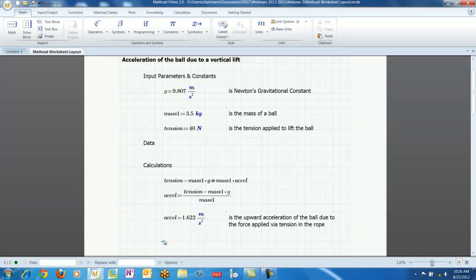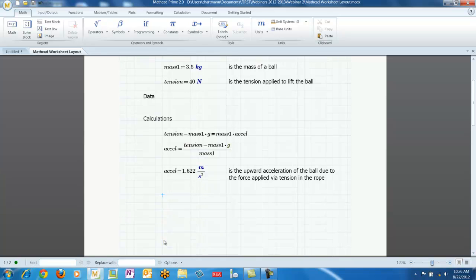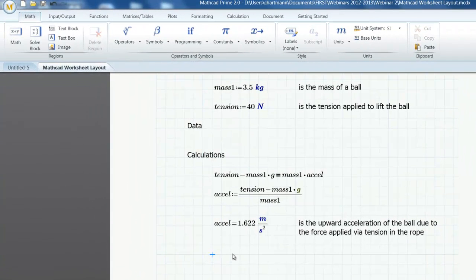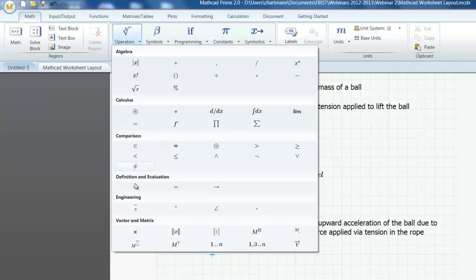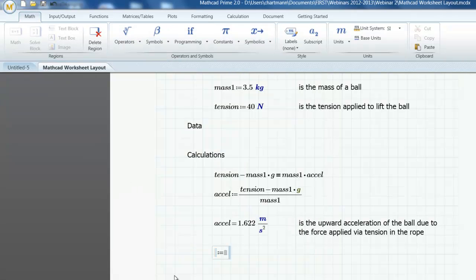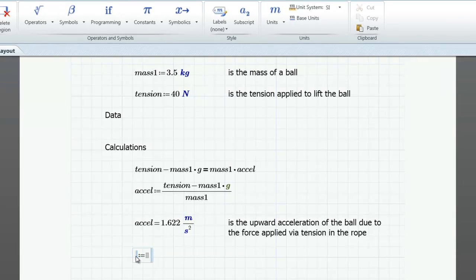So let me move down here, and I'll scroll down with the mouse. I still have plenty of space. And we're going to insert a definition statement. So I'm going to go up to Operators and click Insert. And what we're going to do is create a function v for velocity, expressed as a function of time. So I'm going to type v left paren,